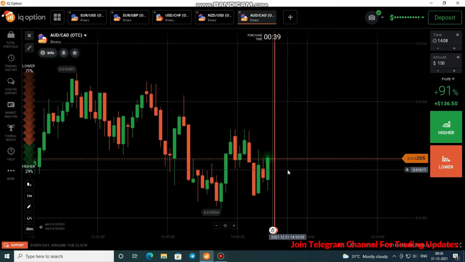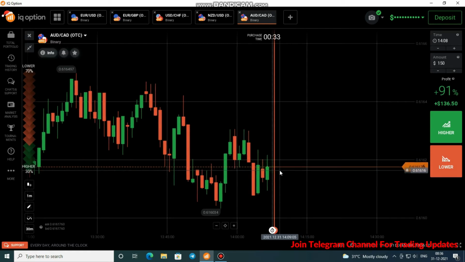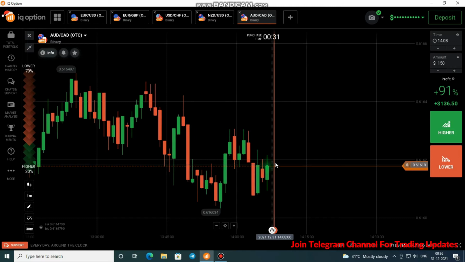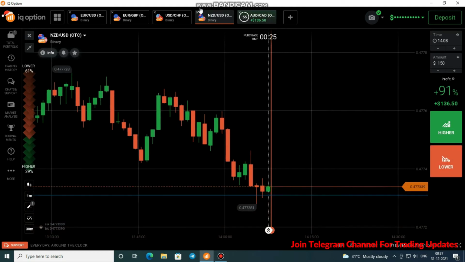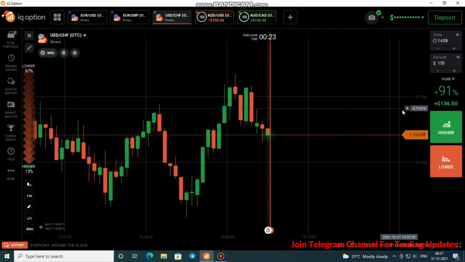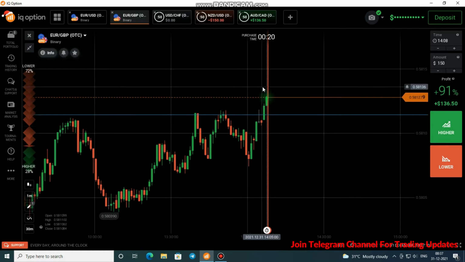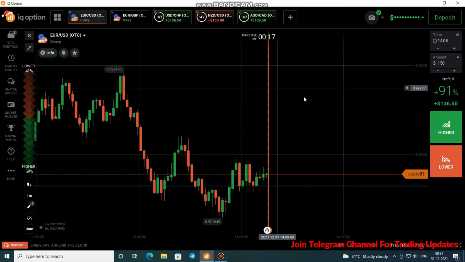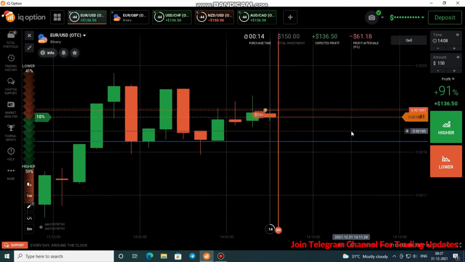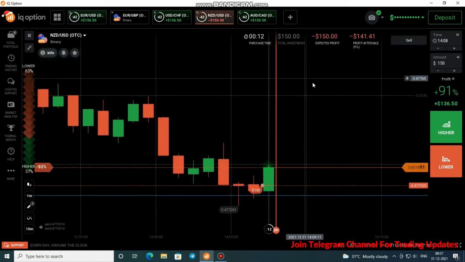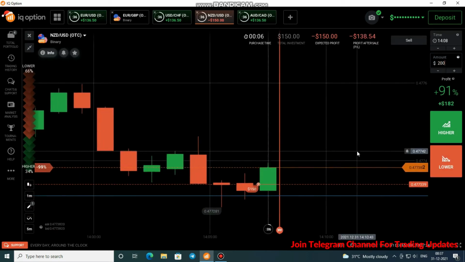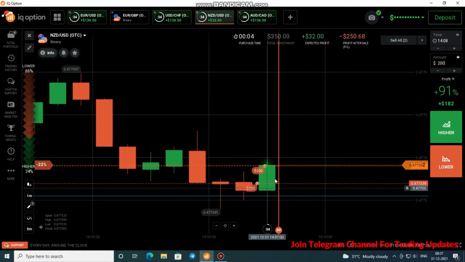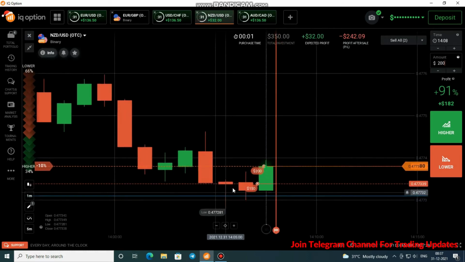Okay, here we can see there is a round number. It's rejecting. We can see some rejection now, but still there is a gap. Here I'm going to place a put option, and here also we can go with sellers. Here we can go with buyers because there is a rejection now, and here there is no opportunity. Here also we can go with sellers. Now I place 4 trades. Here it's better to place one more trade, so I'm going to place a put option again because sometimes the buyers may make a weak retracement candle also.